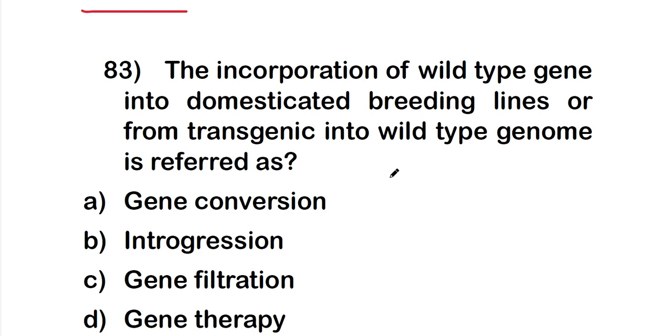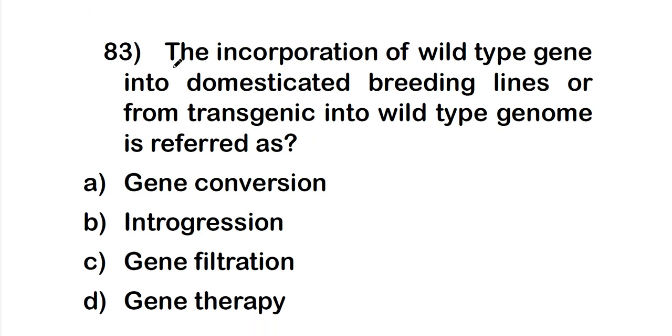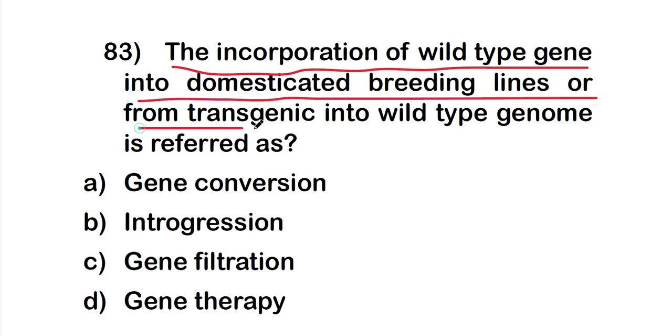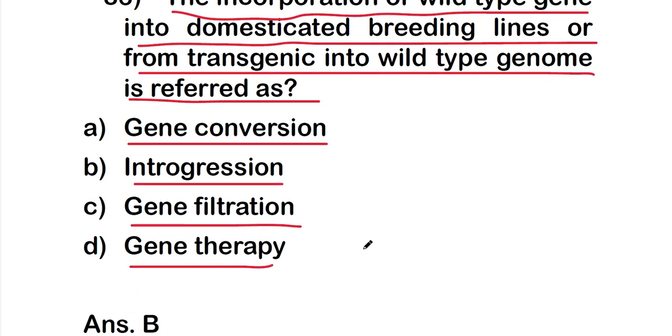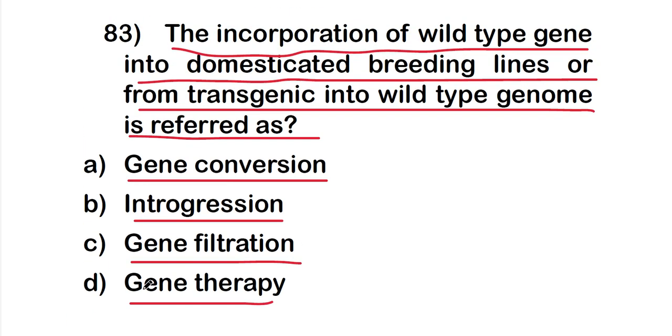So next question, question number 83. The incorporation of wild type gene into domesticated breeding lines or from transgenic into wild type genome is referred to as option A gene conversion, option B introgression, option C gene filtration, option D gene therapy. And the right one is option B, that is introgression. So the incorporation of wild type gene into domesticated breeding lines or from transgenic into wild type genome is referred